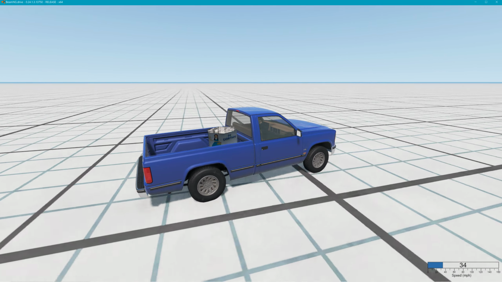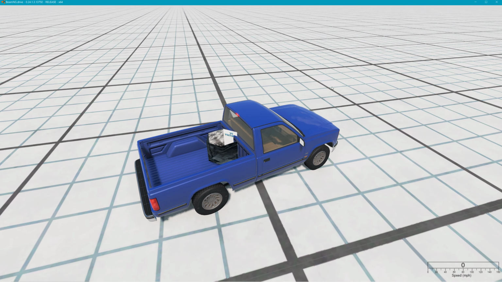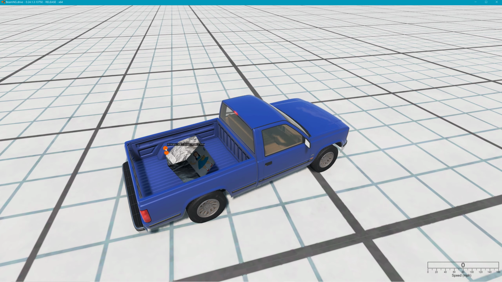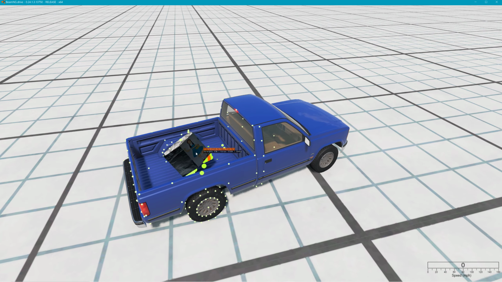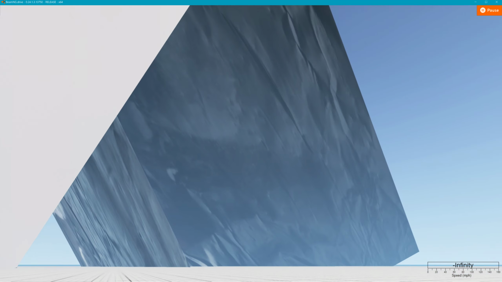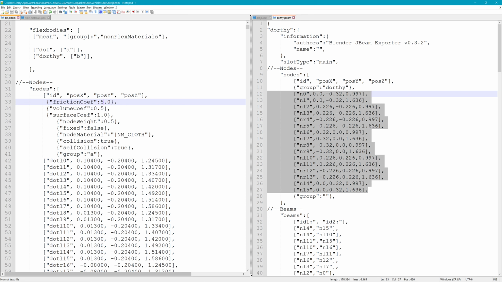Also, having that friction coefficient where it's at, you see how it's kind of popping around in there? It's not really sliding in there. It's gripping really good. Let me lower it. And it could too just be that this is snagged on part of the car. That's very possible. But that's a bleeding polygon, a name I come up with. I don't know what it's really called. Let's change this to